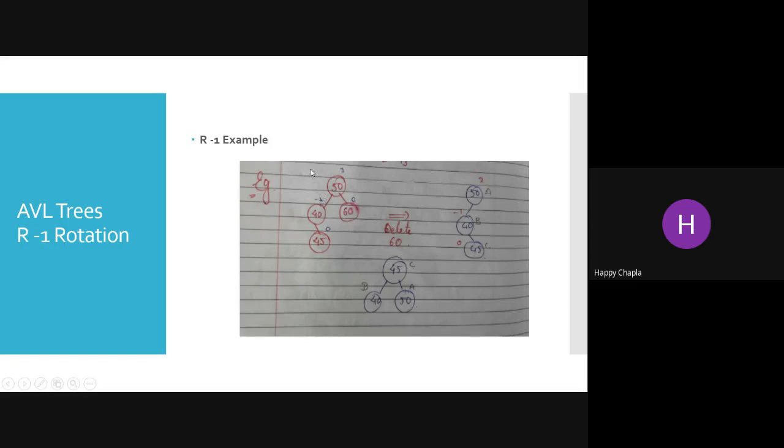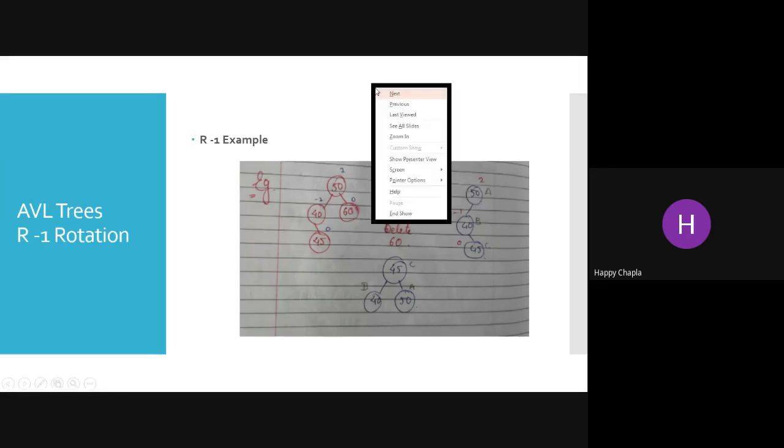So what is the situation? So you can say the situation is 50, 40 and 45 is remaining over here. Then what do you have to do? You have to rotate your tree something like whatever the node is present at the right of your B node, that is C node. Okay, this is A, B and C. So your C will become the root node, B is the left of the AVL tree and A is the right of the AVL tree. Okay, so this is the scenario. Let me give you one more example.